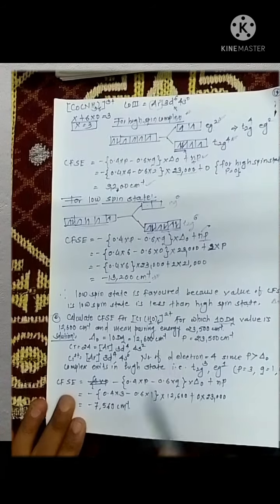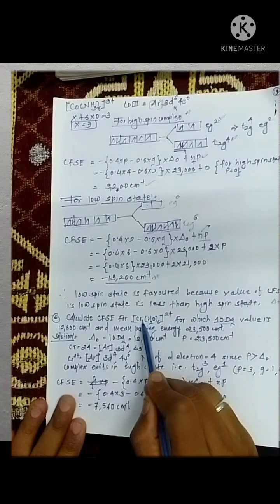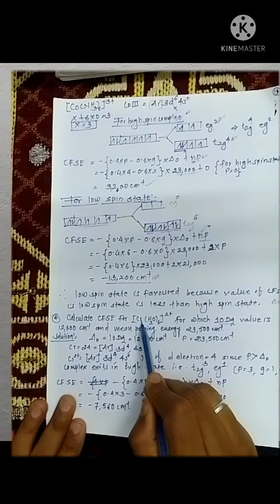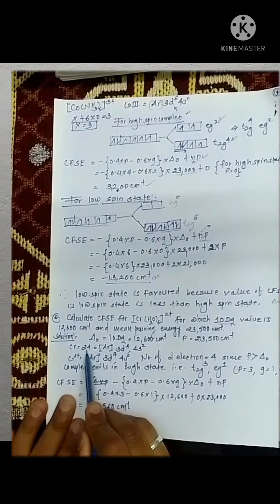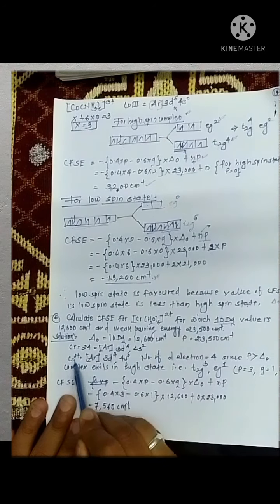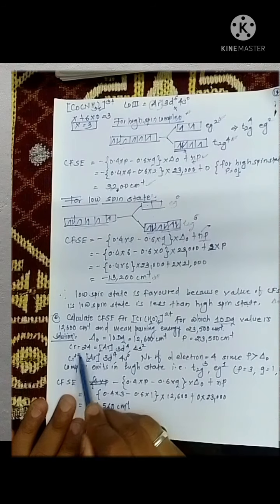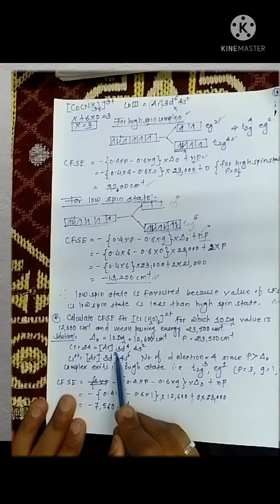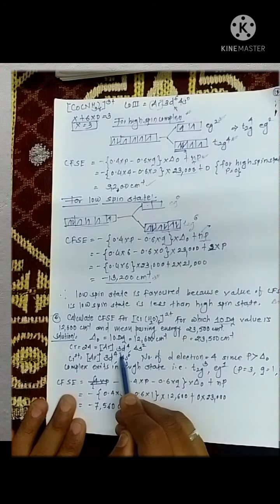First we have to calculate the oxidation state of chromium in this complex. In this complex, the oxidation state of chromium is 2. Chromium's atomic number is 24, so for chromium it is Ar 3d5 4s1. In this complex, chromium is present in the 2 plus state, so Cr2 plus is written as Ar 3d4. The number of d electrons present here is 4.